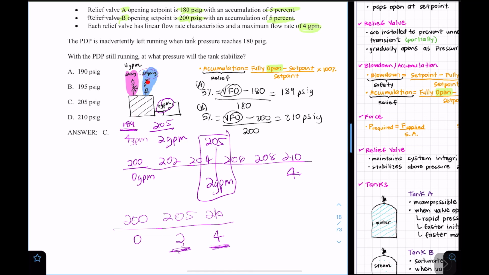But in order to keep opening this one and getting flow out, we need to keep increasing the pressure. The pressure keeps increasing. And when it reaches 205, we're going to reach the equilibrium. We're going to be getting in 6 GPM and getting out 6 GPM as well. So when the tank is stabilized, it's going to be at 205 PSIG, which is the right